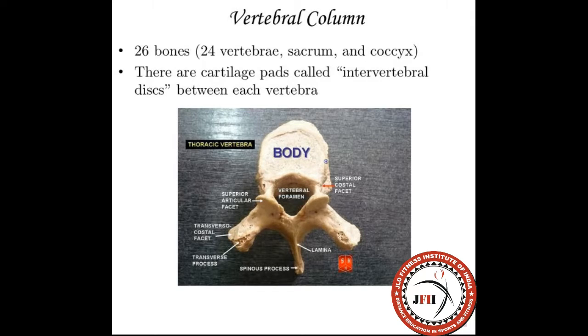That helps it fit into the other ones above it and below it. Vertebral foramen, remember the word foramen means a hole, basically. And as you can probably guess, the spinal cord fits into the vertebral foramina. The spinous process, which is the most posterior part, the body would be the most anterior part, but the spinous